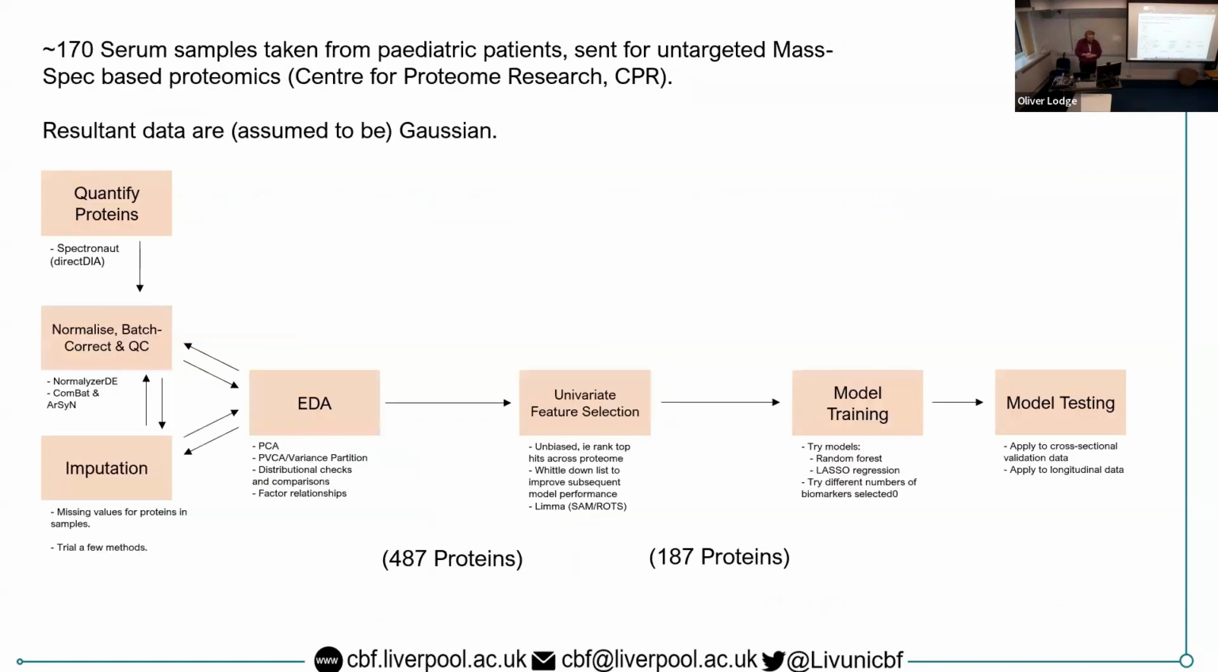So this is the broad pipeline that I've been using with this. This is looking at serum samples, so blood samples taken from patients. We take about 170 from pediatric patients, both at Alder Hey Children's Hospital here in Liverpool, but also a few others, like Dresden and Vanderbilt University. These were sent for untargeted mass spec-based proteomics, similar in idea to the shotgun approaches I was talking about,